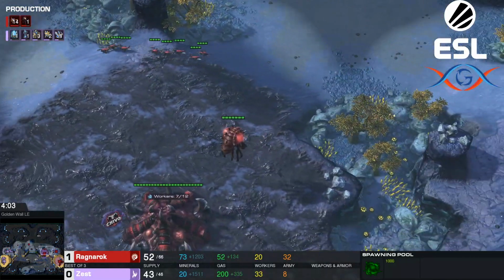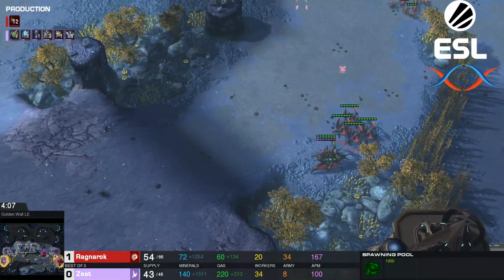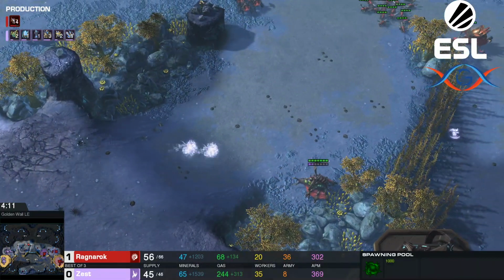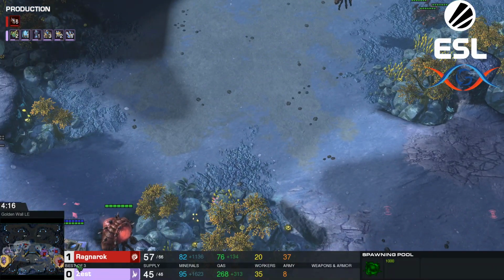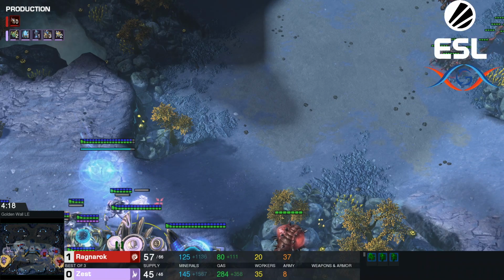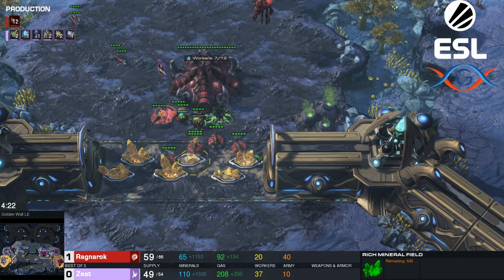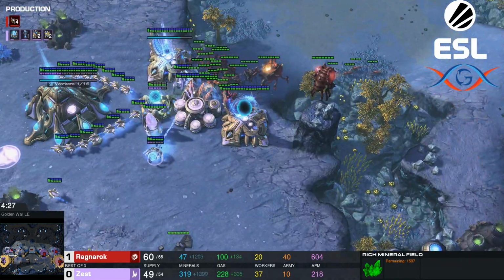Okay, Ragnarok's pulling the queens, and he's going for a roachling all-in. I actually don't even... I mean, he has 3 bases up. Yeah, the worker count's too low. This is definitely an all-in. These gold patches should start... Okay, they're pretty stacked, actually. But...